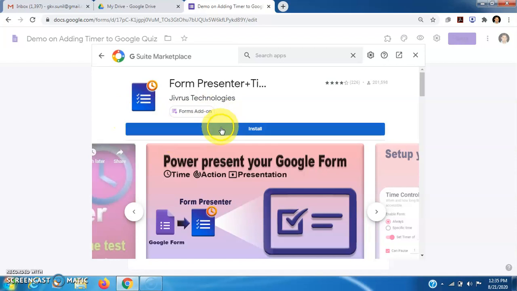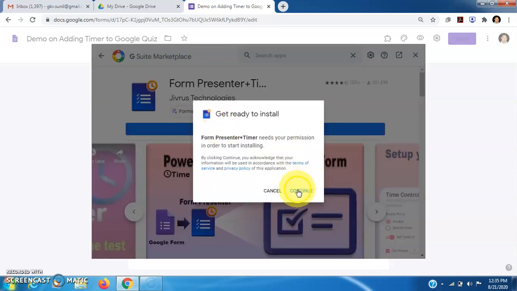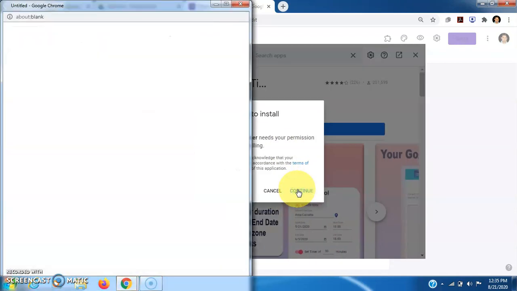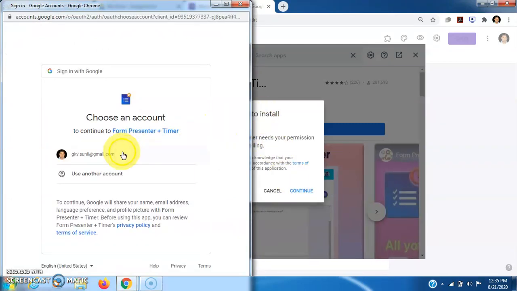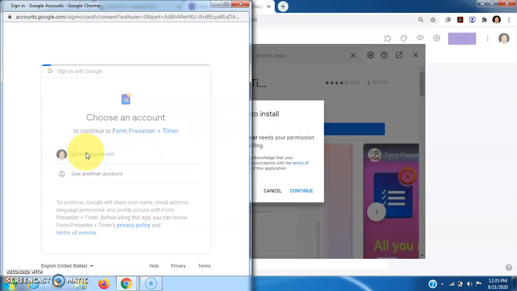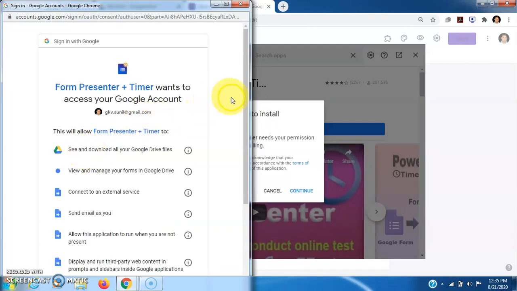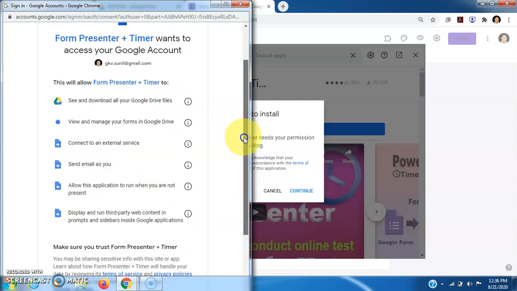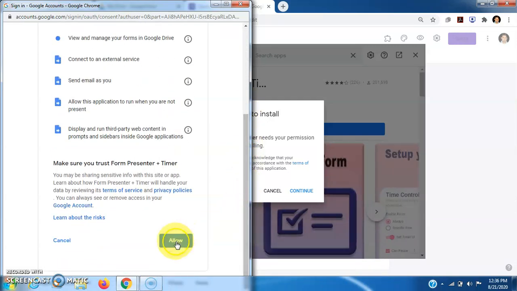Click on install. Continue. It will ask for some permissions. Yes, this is the account. We have to accept, allow.